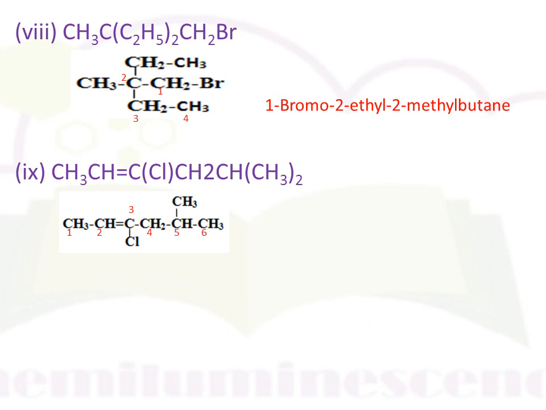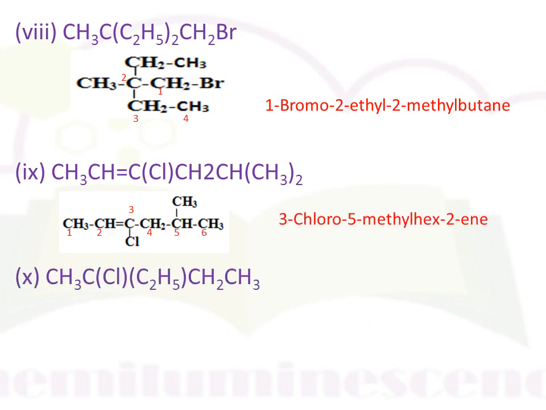Now see the substituents present on this main parent chain. At 3rd position, chlorine is present. At 5th position, methyl is present. Hence its name is 3-chloro-5-methyl. The main hydrocarbon chain or parent chain is a 6 carbon chain. Hence its name is hexane. But there is the presence of a double bond. Hence its name is hexene. But we have to indicate this double bond by locant. Hence it is hex-2-ene. Now combine all these names of the fragments. First is 3-chloro-5-methyl hex-2-ene.